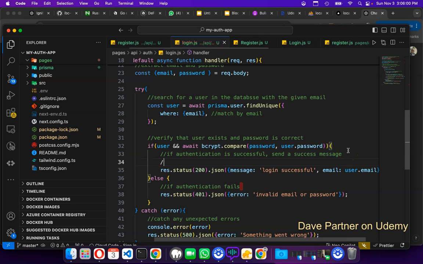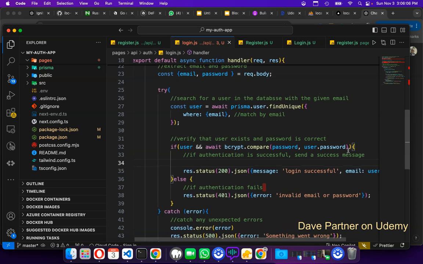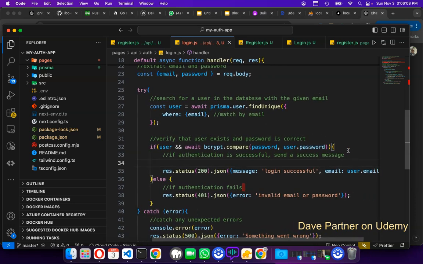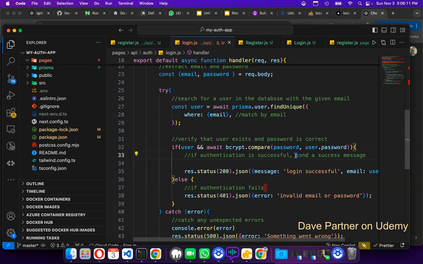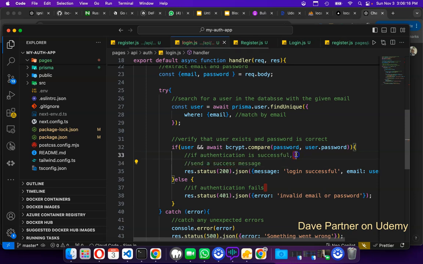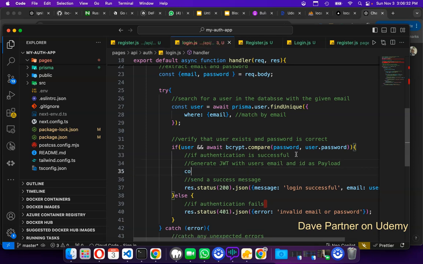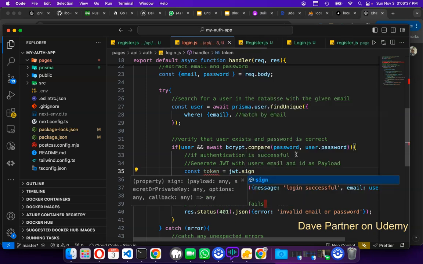Let me break this down this way. If authentication is successful, generate JWT with user's email and ID as payload. So how do we do that? It's simple: const token equals jwt.sign, and